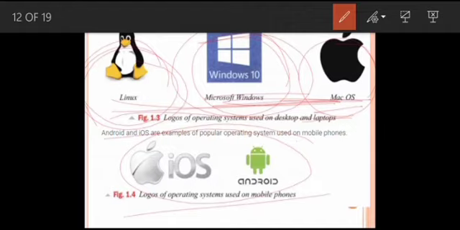Linux, Microsoft Windows and Mac OS are used for desktop and laptop computers, whereas Android and iOS are used for mobile phones. These are the two categories of operating systems: for desktops and laptops, and for mobile phones. Now we will study the next classification of system software,